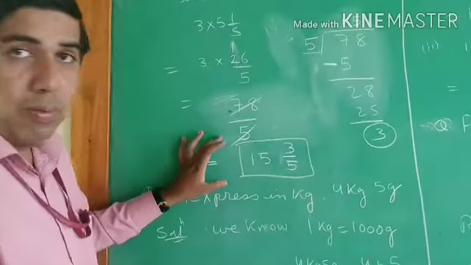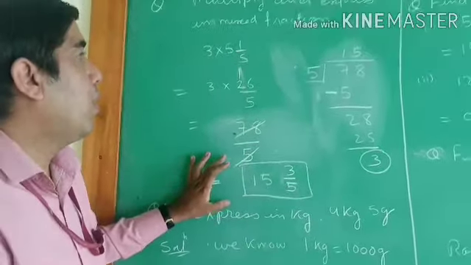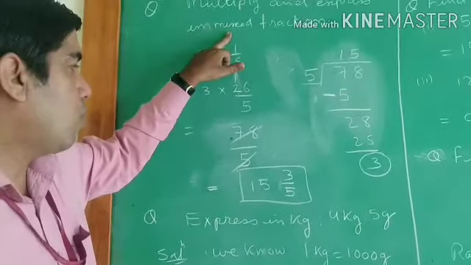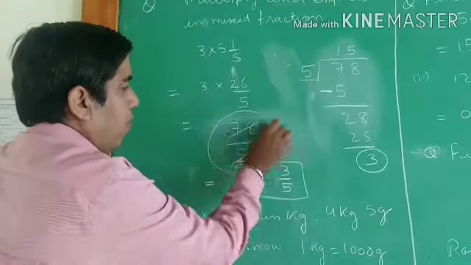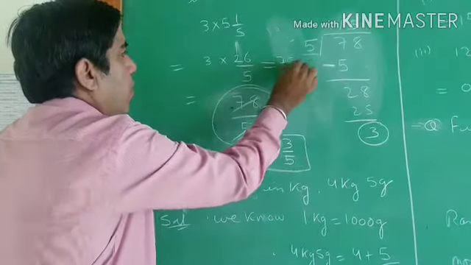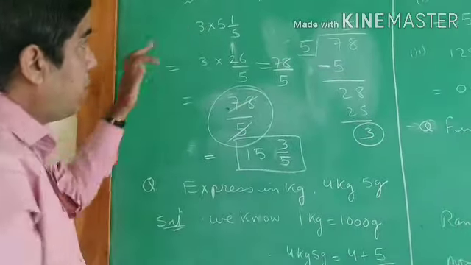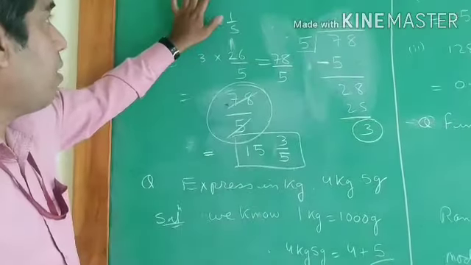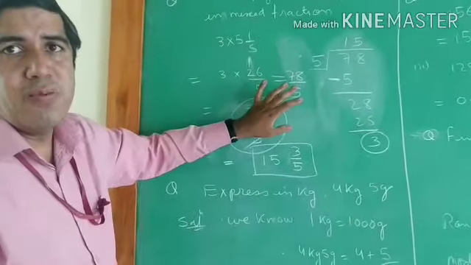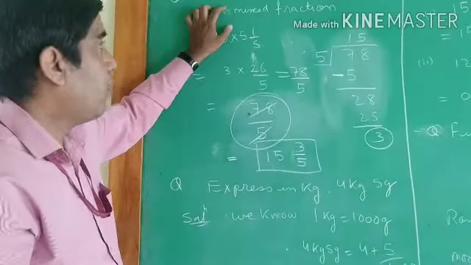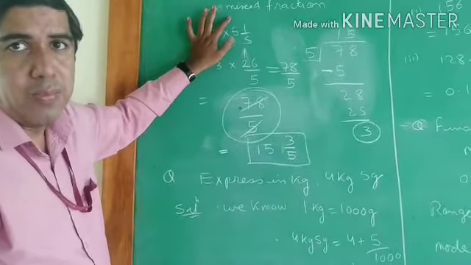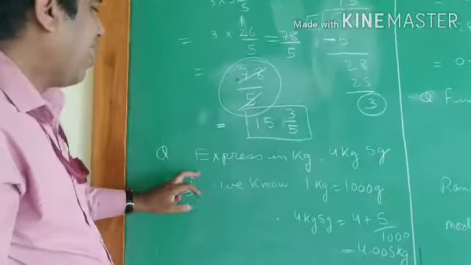Now what I want to say is, this question is very easy. It is not so hard that you will not be able to do it. But if they say convert in mixed fraction, then you have to convert. You can't keep the answer in 78 by 5 form only. If they didn't say, then you can keep it as it is, but it is clearly said to multiply and express in mixed fraction. So you have to express in mixed fraction only. See the wordings of the statement given in the question. You have to follow the statement clearly.